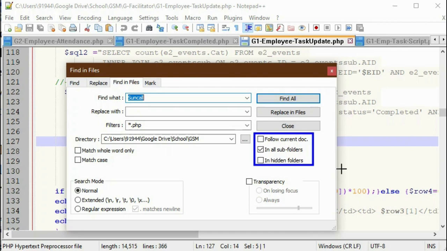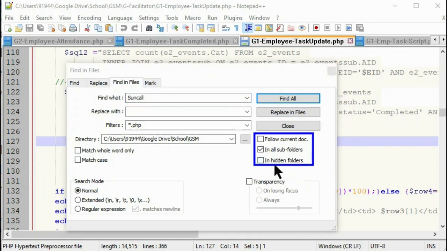In all subfolders means it will search all the subfolders available in the selected folder, and all the files in them. And if you click hidden folders, it will search the files in the hidden folders also.